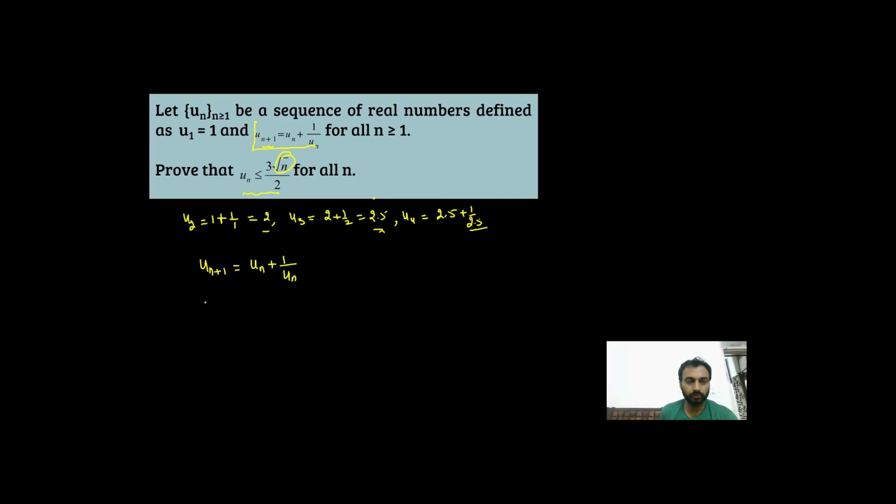So if we do the squaring both sides, we will get u_{n+1}^2 = u_n^2 + 1/u_n^2 + 2, right? So this is a relation between the squares. Now if we see u_{n+1}^2 - u_n^2 = 2 + 1/u_n^2, right? Now if we do the summation,